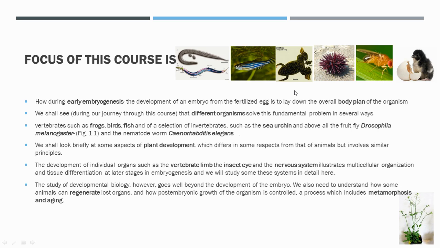And that adult, when it matures, would lay the gametes again, and the cycle gets completed. So this is what we are going to cover in developmental biology. In this course, we are going to study a few vertebrates and a few invertebrates. Among the vertebrates, we are going to study frog, bird, and fish. And in invertebrates, we are going to study Drosophila, which is an important model organism that has led us